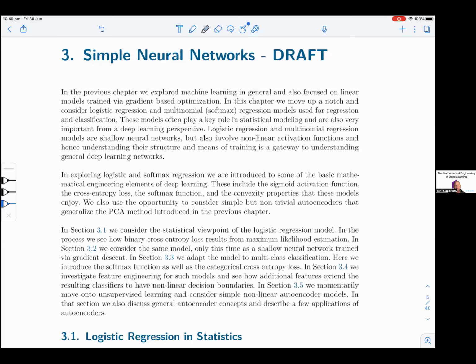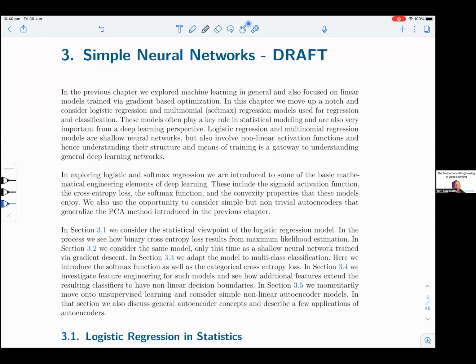Chapter 3: Simple Neural Networks. In the previous chapter, we explored machine learning in general and also focused on linear models trained via gradient-based optimization. In this chapter, we move up a notch and consider logistic regression and multinomial softmax regression models used for regression